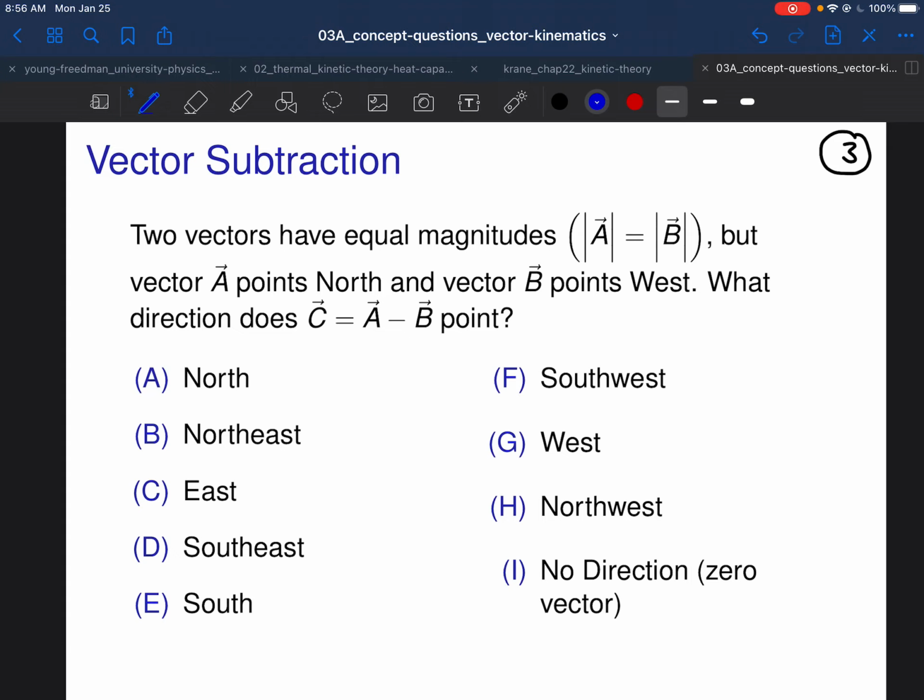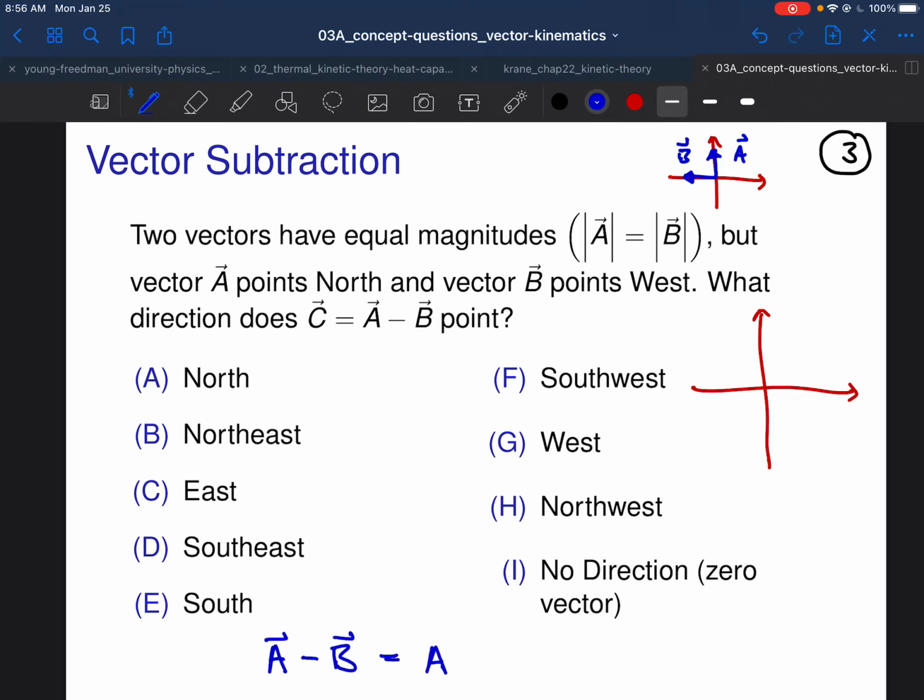Two vectors have equal magnitudes, but A points north, B points west. What is A minus B? Again, here's our A vector. Here's our B vector. So what is A minus B? Well,